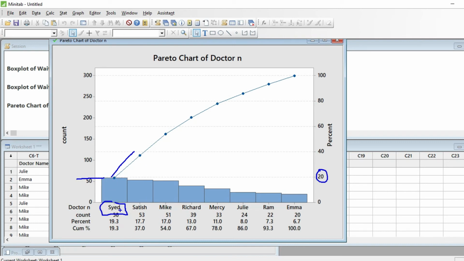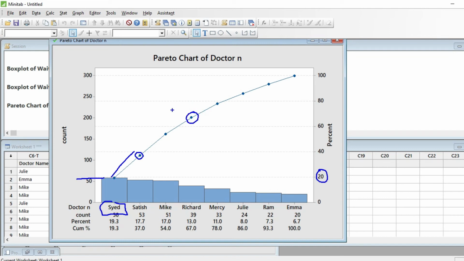And if you look at this particular line, this is nothing but a cumulative percentage of the first two doctors, and you have that dot which is captured here. That particular point is captured here. So Satish and Syed put together is 40%.